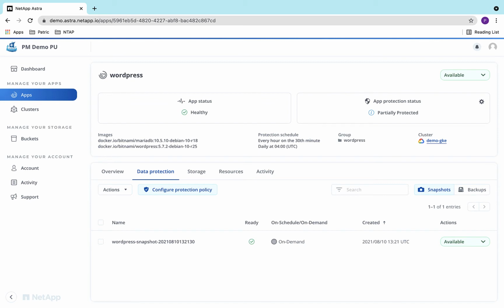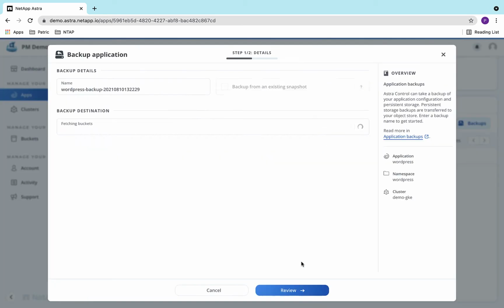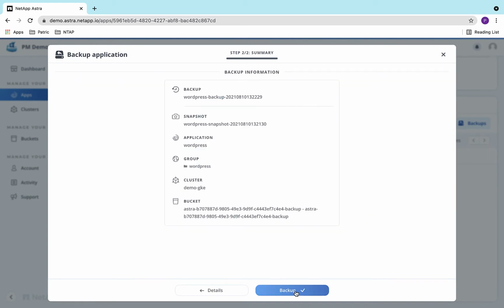If we don't want to wait until the scheduled daily backup run to be fully protected, we can also create an on-demand backup, which can be taken from our existing snapshot. And we select to store it in the default bucket. Backups are stored externally in object storage buckets, so having a backup now also protects us from a failure of primary storage or the loss of a whole region.